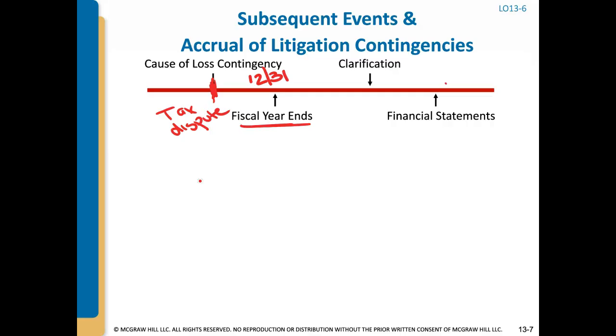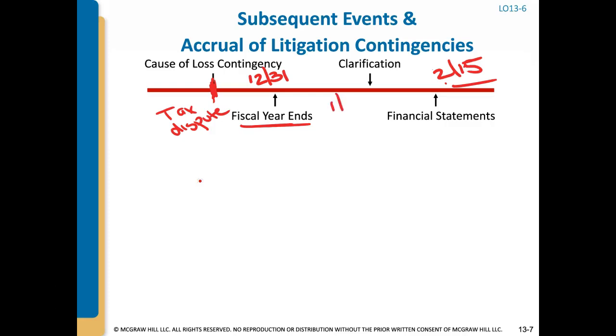Our financial statements, so our year end is 12/31, but the financial statements will likely only be made public, right, published on, let's call it February 15th, because it takes a while to close the books and then have the auditors go through them. So the financial statements are not issued until February 15th. What happens if